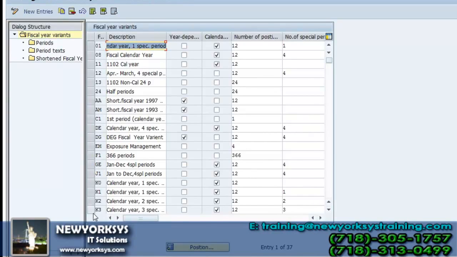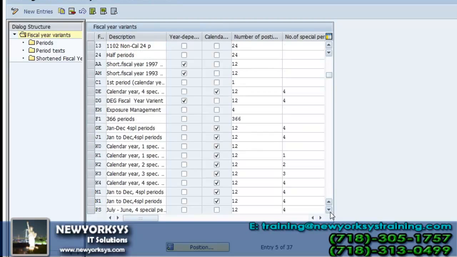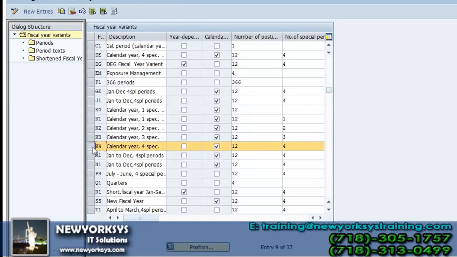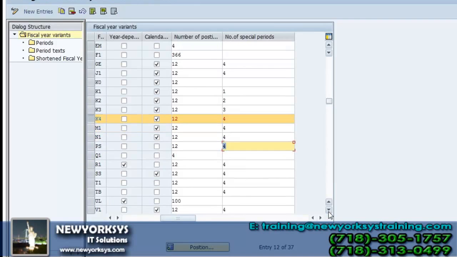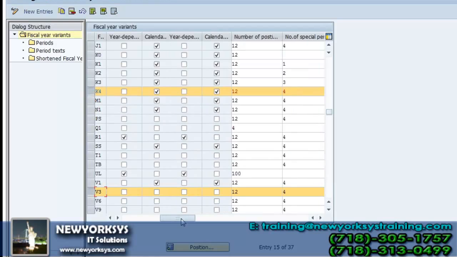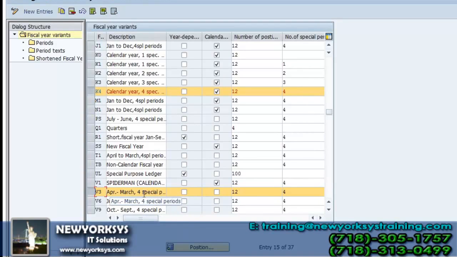Here we have a list of all fiscal years. K4 is calendar year plus 4 special periods, that is 12 periods plus 4 special periods.